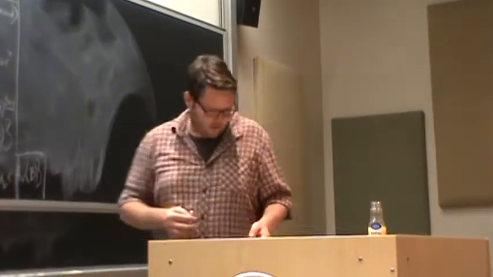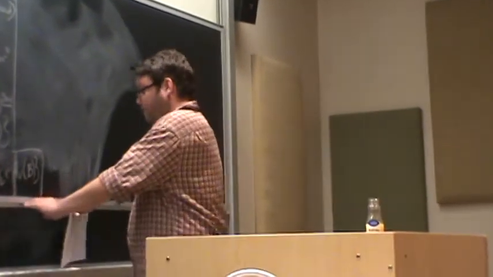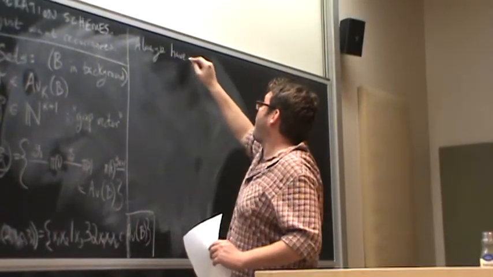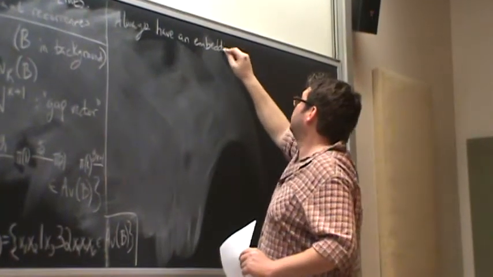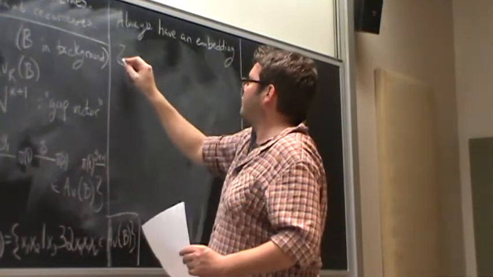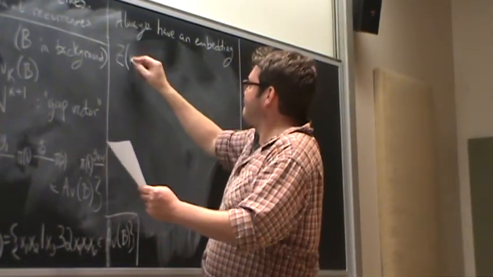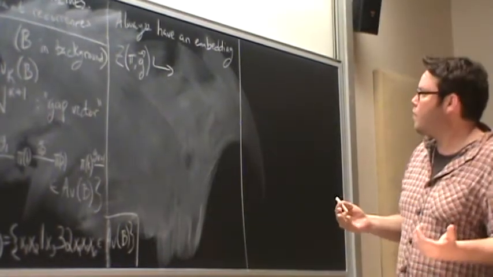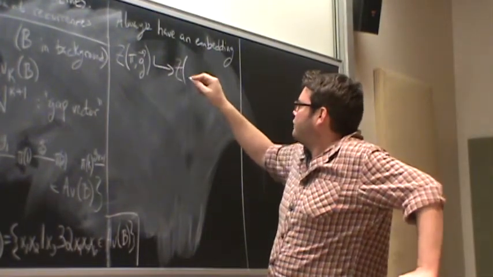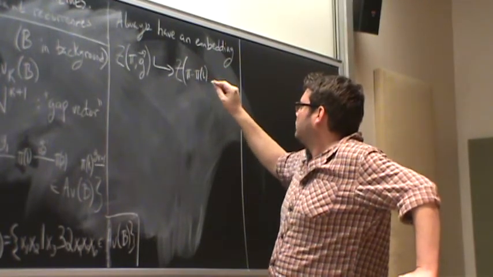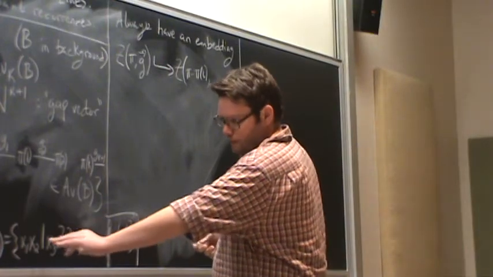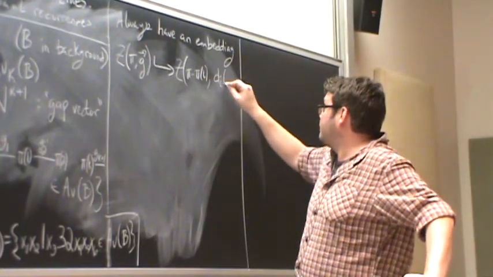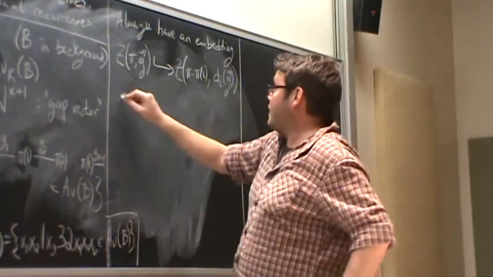And the idea that Zeilberger had was that we always have some embeddings. We always have this embedding: the Z set for pi with a gap vector G embeds. Well, what I'm going to do is I'm just going to remove one of the entries of pi. It embeds into the Z set for pi minus pi of i. And if you think back to this example, when I remove one of these entries of pi, I condense two of the gap vector components. I'll call that just d_i of g,